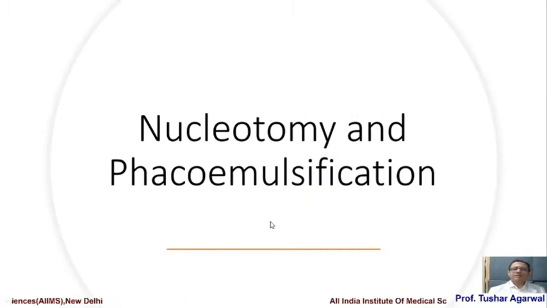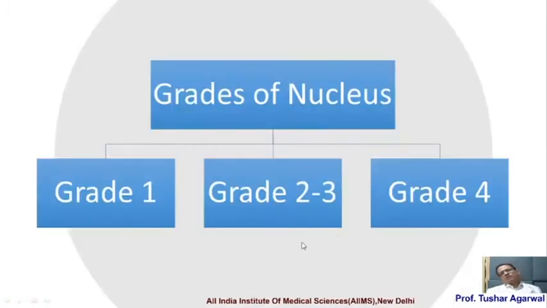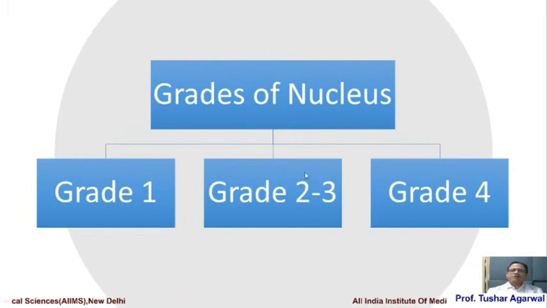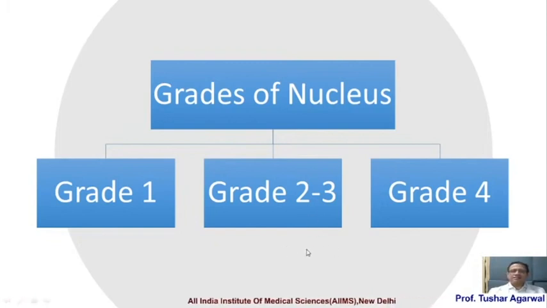Now we come to the part which I think is a little more difficult to teach and learn, because now you are going to be interacting with the machine. Till this point you are doing everything with basic instruments. Now the machine will also come into play. You will encounter 4 grades of nuclei in your practice. 80% of your cases fall into grade 2 to 3. So the basic techniques of nucleotomy will pertain to grade 2 and 3. However, grade 4 and grade 1 require slightly different strategies, which I'll discuss after the basic techniques of nucleotomy.